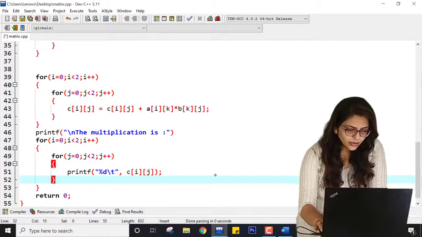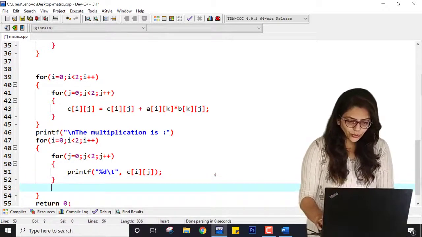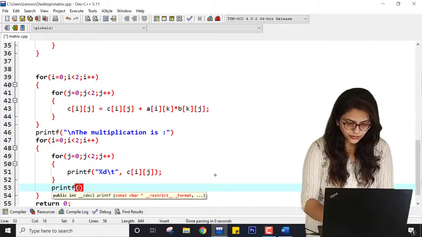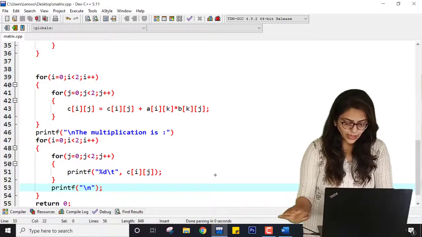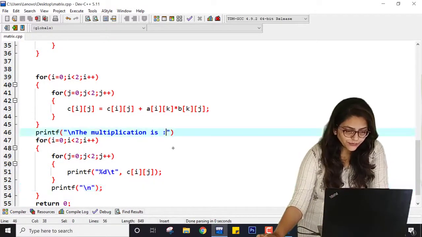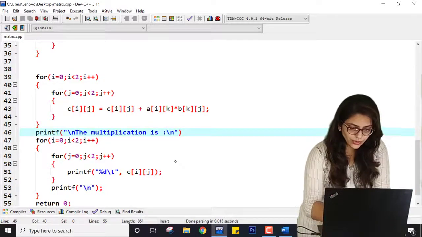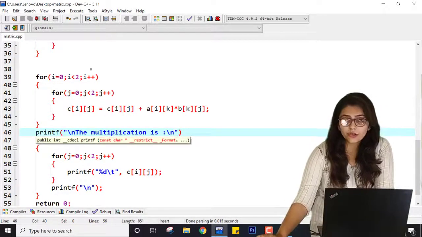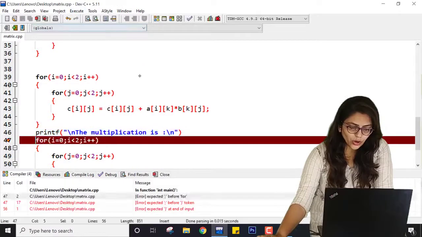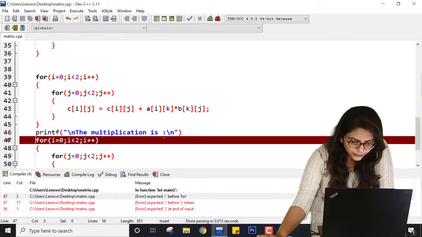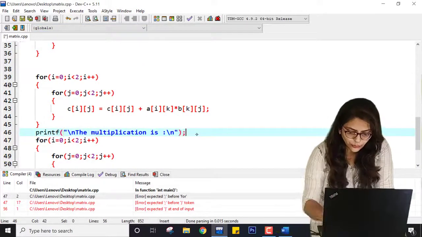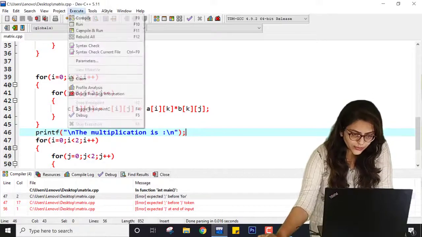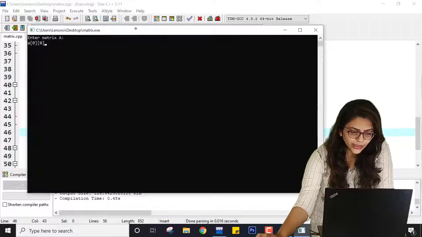And for making output on a new line you can write printf \n. After this put a next line so that it will look good. Now let us check if we are getting correct output or not. We are having some error because I have not put a semicolon over here. Let me save this program, compile it and run it again.